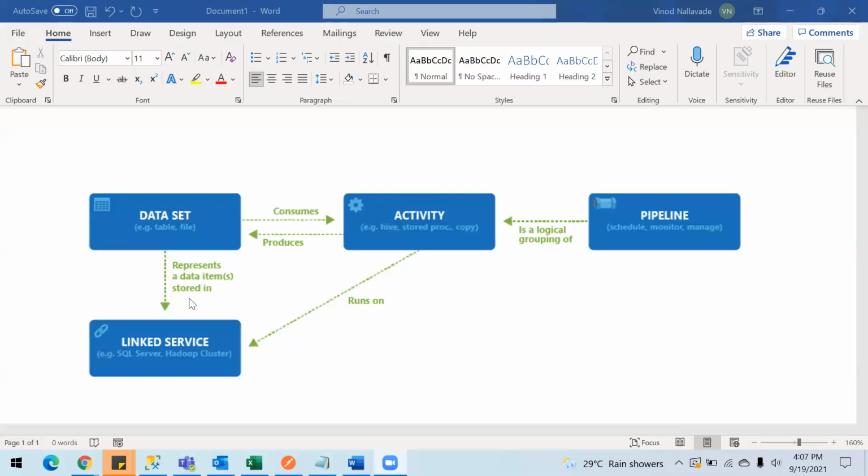Yeah, to start with, I would like to highlight the components that we're going to use inside the Data Factory. So whatever you see on my screen is a very high level view of the different components that we're going to use. So basically we will be creating a pipeline. Let me just use some nodes to draw.